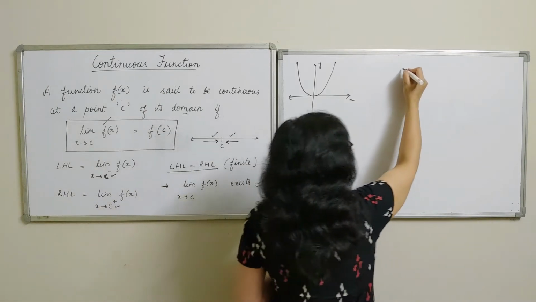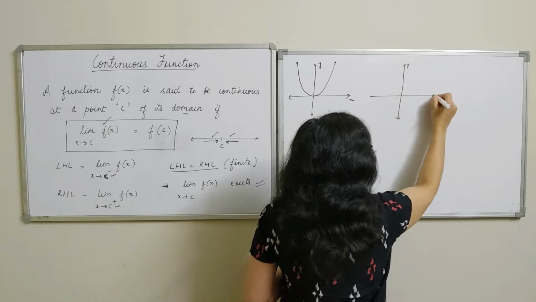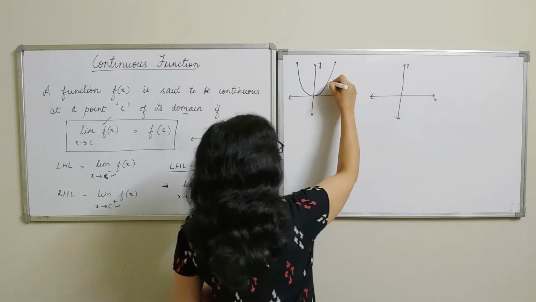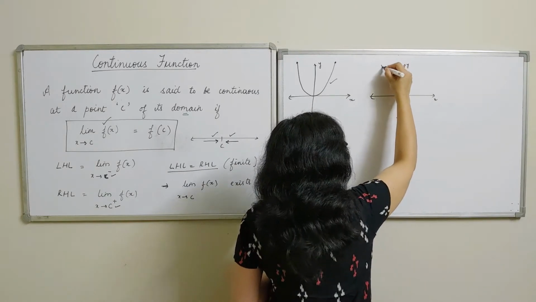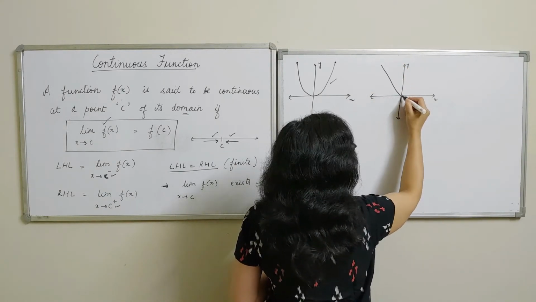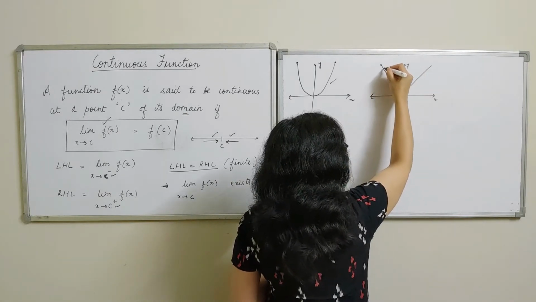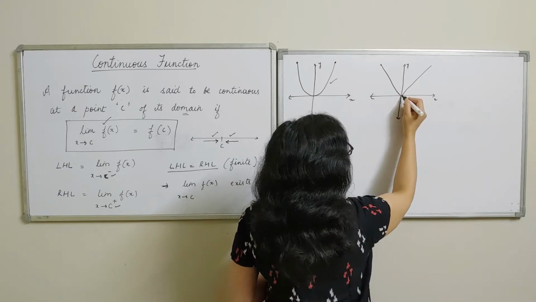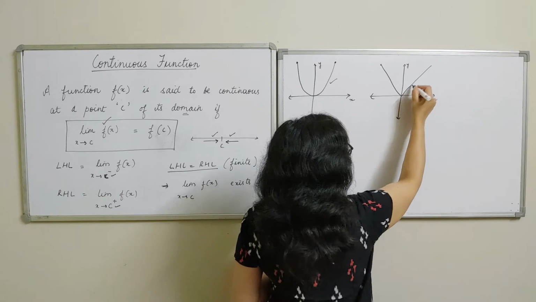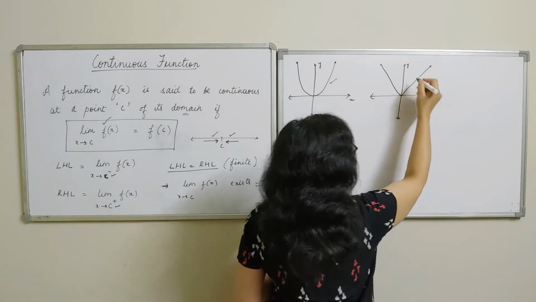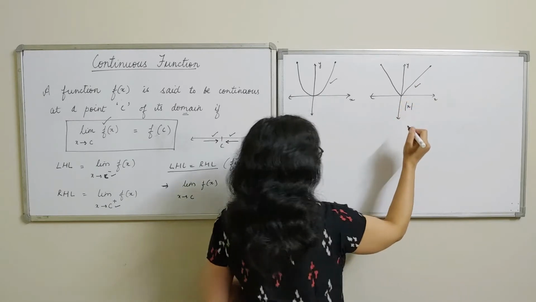Let us consider some more examples here. The first function that I have drawn, you must have identified it is a parabola. Then suppose we have this kind of graph like this. Again, starting from this point, the graph can be easily obtained at this point and can be continued to this point. So this is the graph of the modulus function, and this function is also a continuous function.